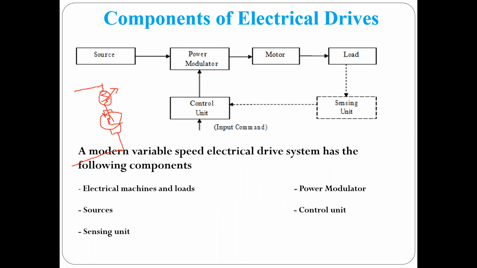Which means power losses are going on here, because we are using the resistance. Resistance means power losses. The energy will be dissipated in the form of heat. So by using this technique, we are controlling the speed of the DC motor, but in this technique the power losses are very high. Is it clear? Is it right or not, Shraddha?